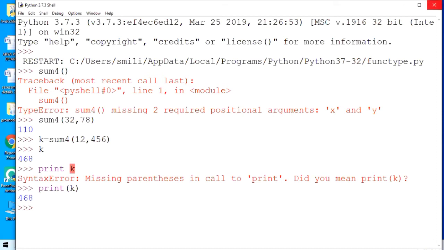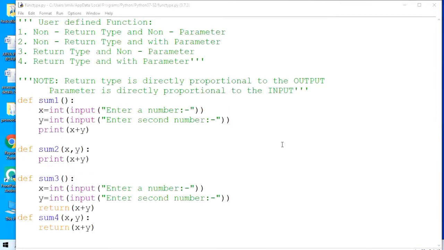I hope you understood all the varieties of function. There are 4 varieties of function. I hope that you have written all the 4 varieties, and it is not mandatory for the user which one you have to create and which one you don't.